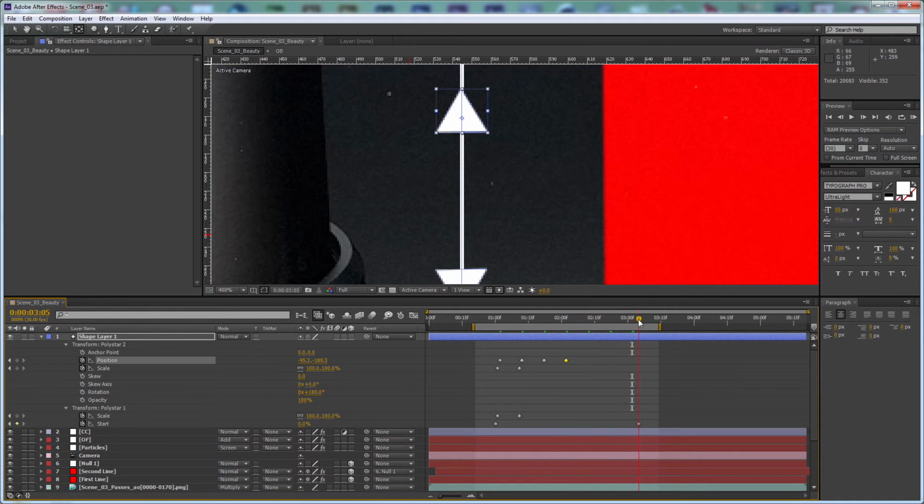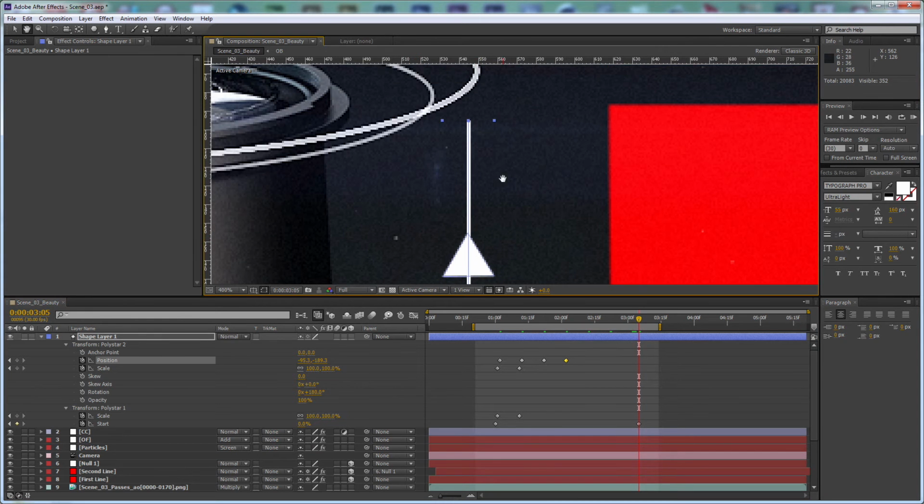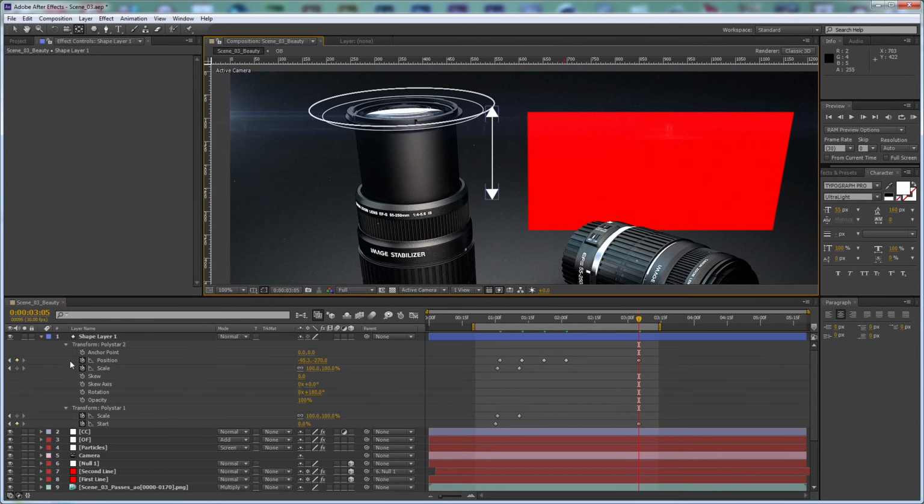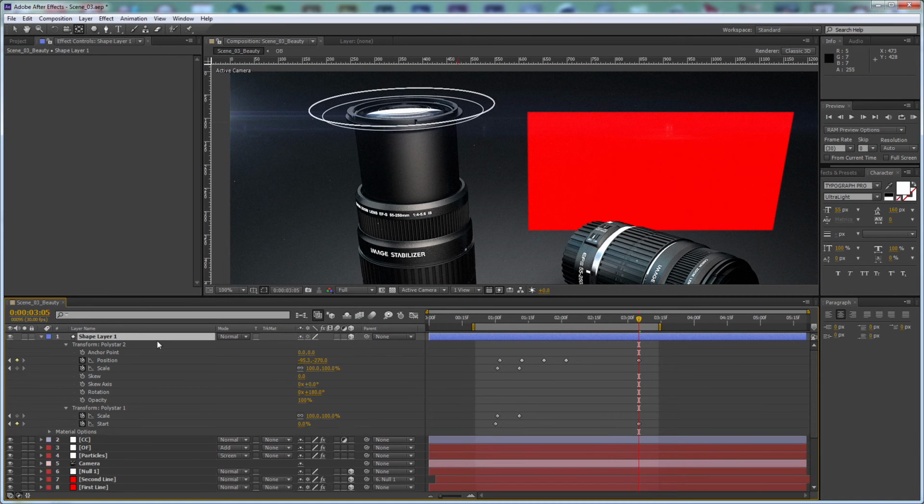And I'm going to go to the end frame and just move this like so, and basically that's it. All we need is to make this a 3D layer, so we can click the 3D switch, hit